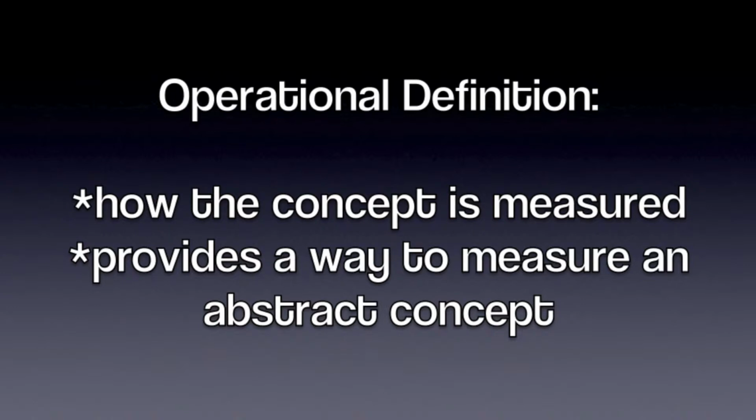In the case of the video you just watched, the operational definition was a survey that was going to be filled out about both of the pies, 0 being the worst pie and 5 being the best tasting pie. By providing a way to measure a level of satisfaction for each of the pies, you have provided an operational definition for satisfaction.